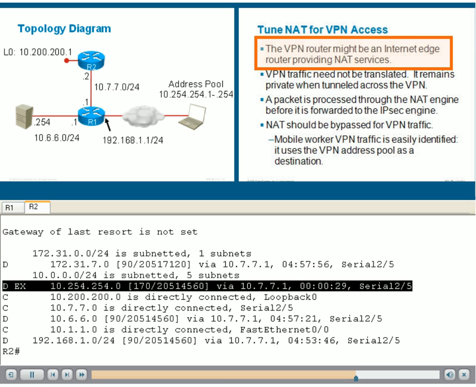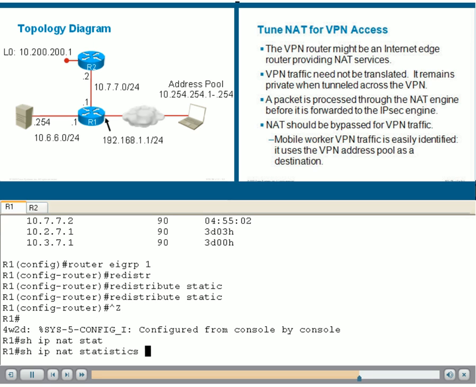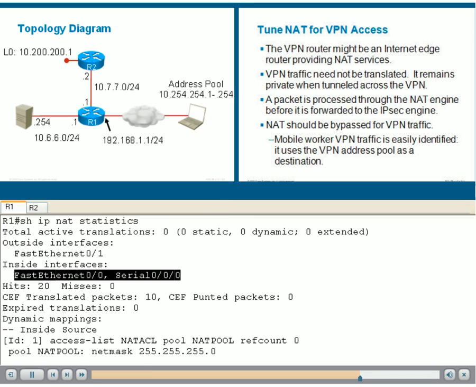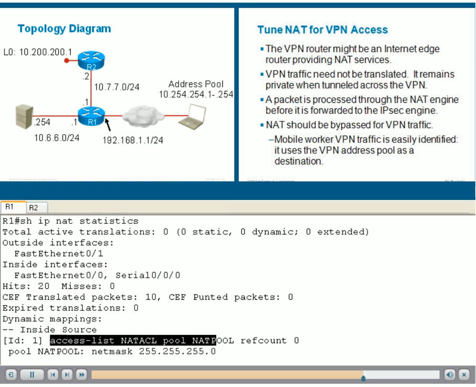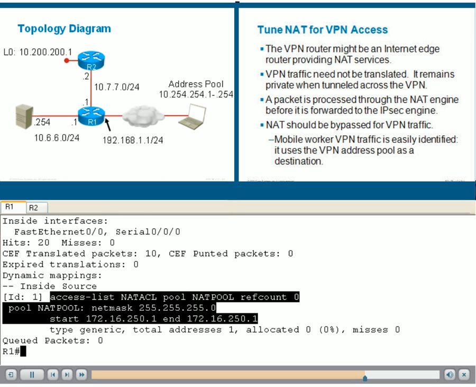To verify this, going back to R1, we can use the show ip nat statistics command. We can see that, yes, we have two inside interfaces pointing to the LAN and pointing to R2. We have the outside interface pointing to the internet. We also see that there is an ACL defining the networks we are going to translate. VPN traffic is not really internet traffic, right? It uses the internet, but it does not require a public address because it is intended to have a destination